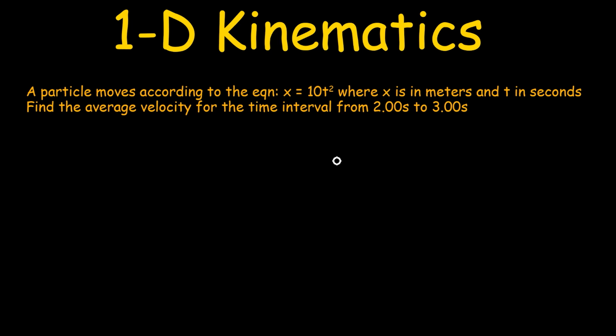A particle moves according to the equation x equals 10t squared, where x is in meters and t in seconds. Find the average velocity for the time interval from 2 seconds to 3 seconds. Now this question is actually a lot easier than it looks. We have a quadratic equation here,